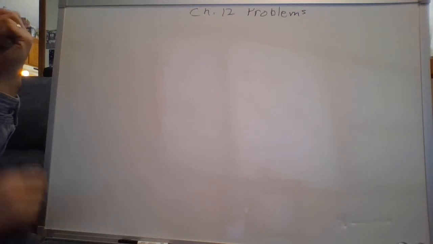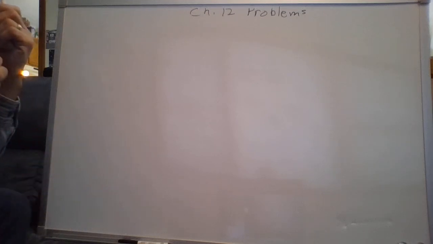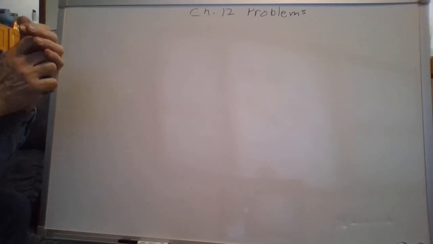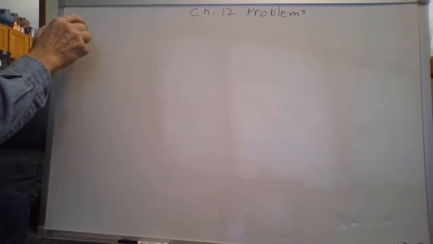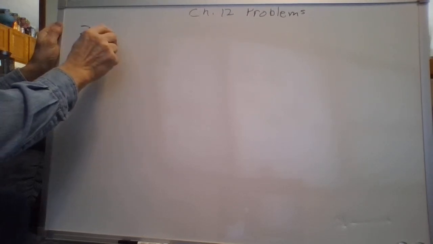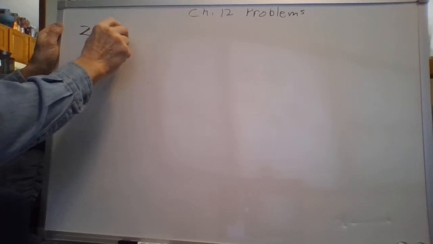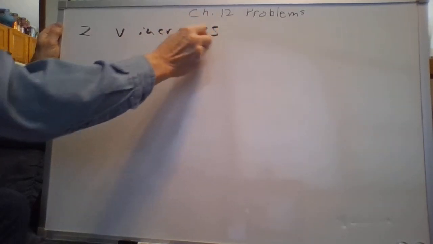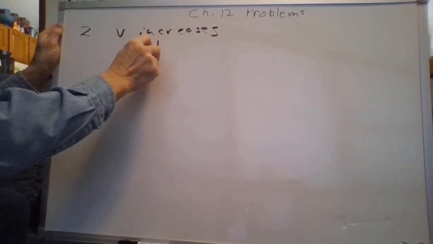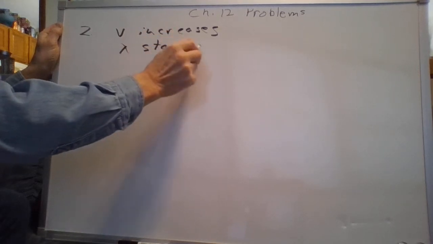So then if the velocity goes up and the wavelength stays the same, what would happen to the frequency, which is, of course, what you would hear? We would perceive that as pitch. So this is question number 2. Increase, right? Velocity increases. The wavelength stays the same because the length of the horn stays the same.